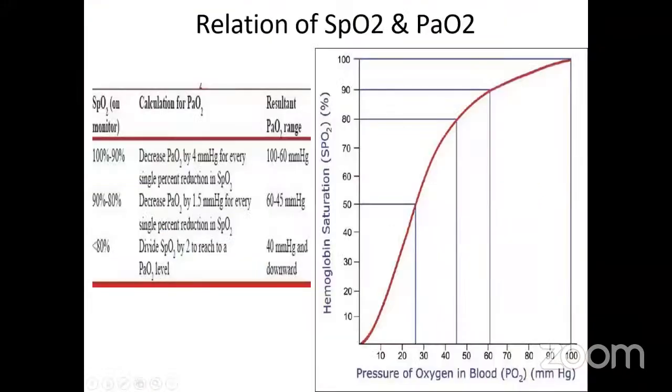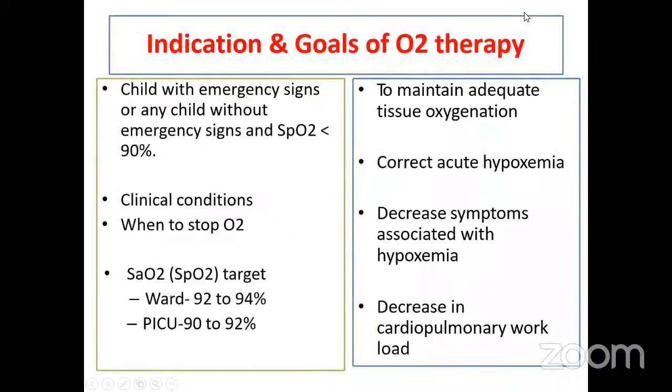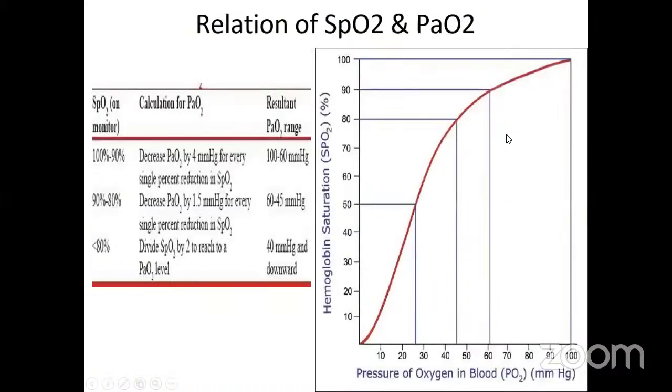अब एक इंपॉर्टेंट चीज समझनी है कि SpO2 और PaO2 में, एक तो बात हमने पहले जान ही ली थी कि SpO2 SF रेशियो को हम PF रेशियो की तरह यूज कर सकते हैं क्योंकि दोनों में कोरिलेशन होता है। अब दोनों में क्या कोरिलेशन है, 0 और 100 पर तो दोनों बराबर हैं, लेकिन देखिए 100 से 90 के बीच में तो ये ग्राफ बहुत स्लोली मूव हो रहा है ना।